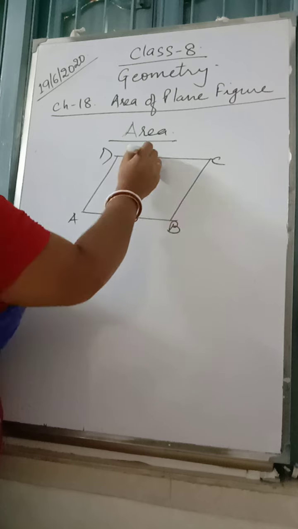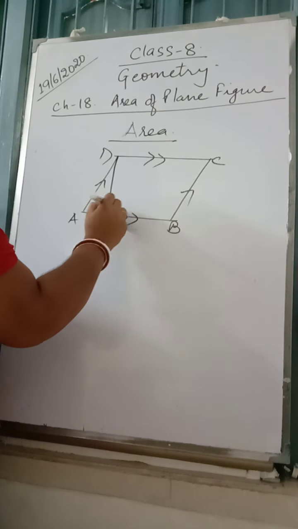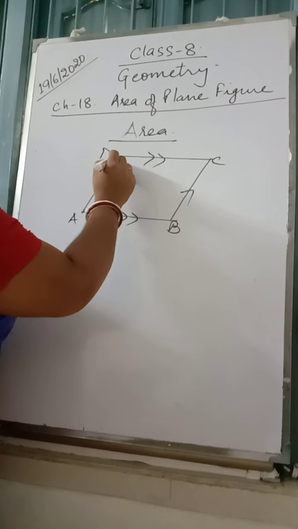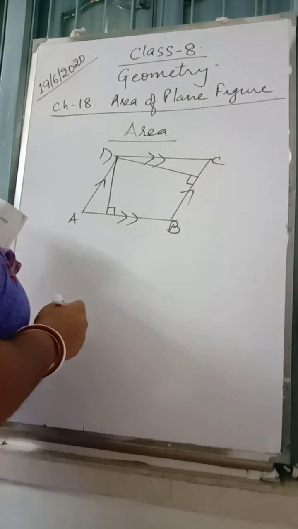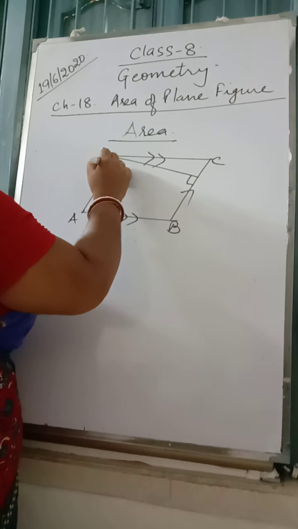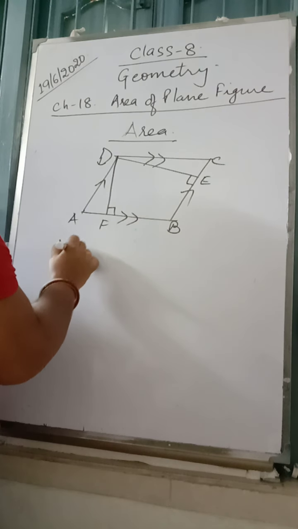This side is parallel to this and this is parallel to this. So if we are given this side, the base will be AB. And if we are given this side, the base will be BC. If it is DF and DE, area of parallelogram is